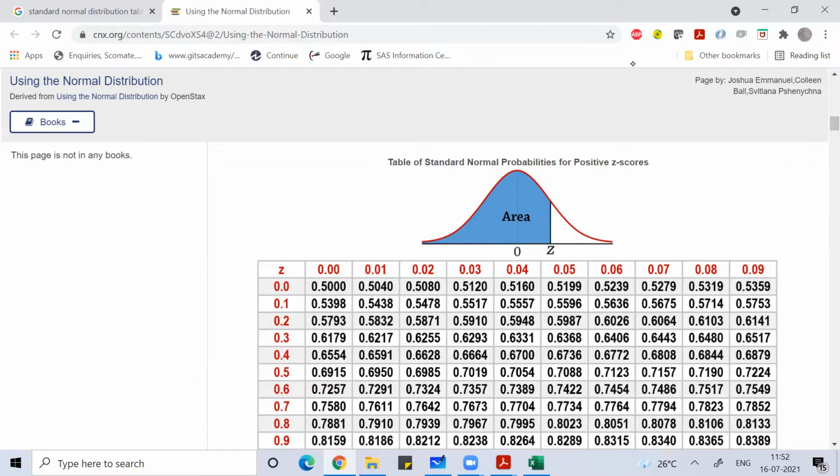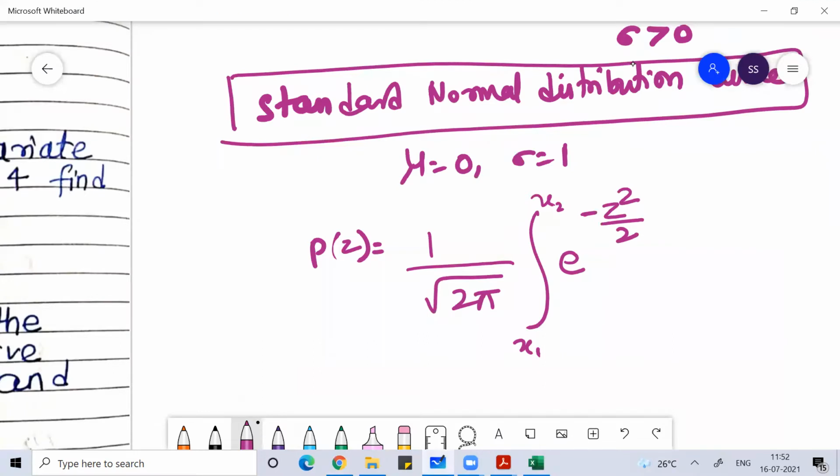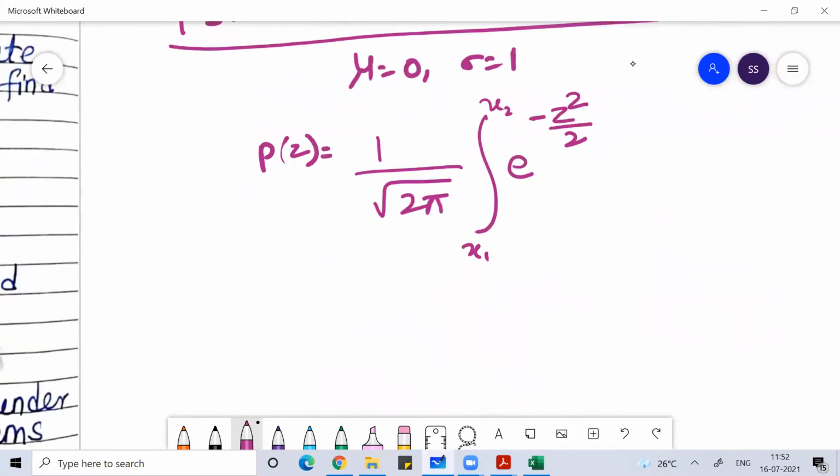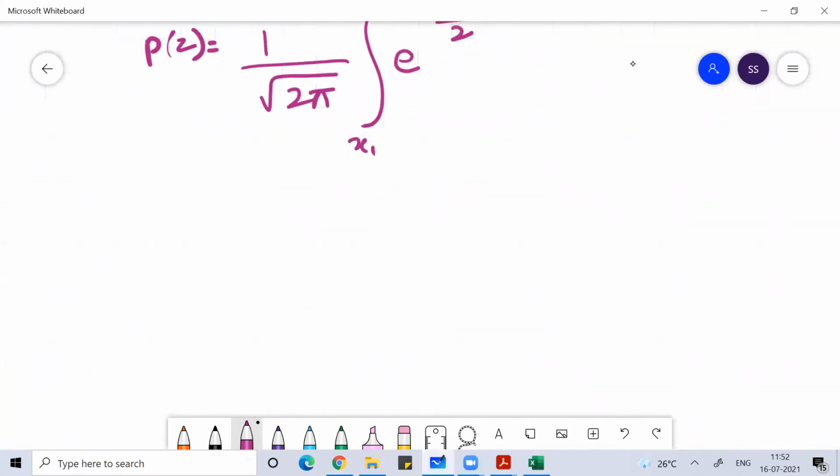If it lies on the left hand side of 0, then our required area between 0 and z is basically 0.5 minus the given value. Well, if you are looking for a z value on the right hand side of 0, then the required value would be the value given in the table minus 0.5. So you can easily understand. The total area under the curve, whenever you plot a normal distribution curve, is 1, where 50% of the area lies on the left hand side and 50% on the right hand side.